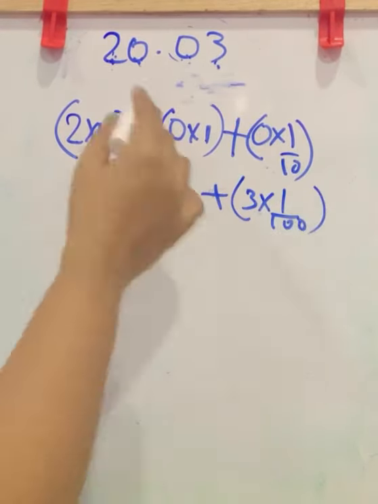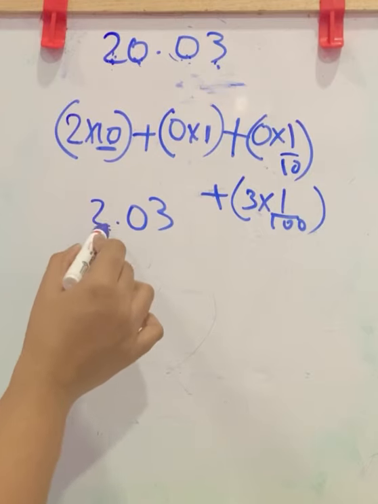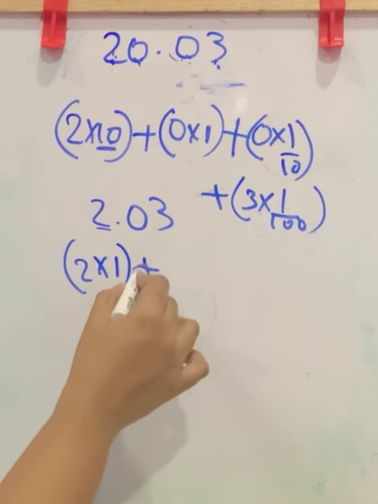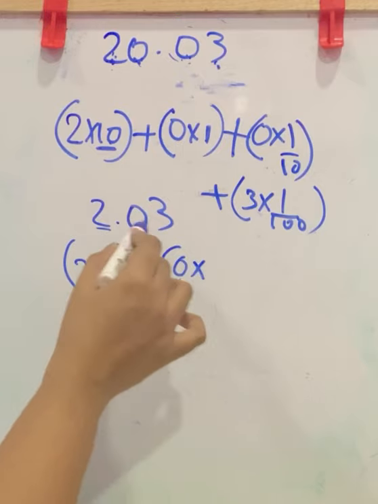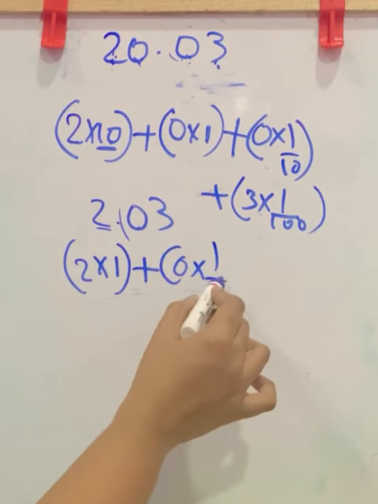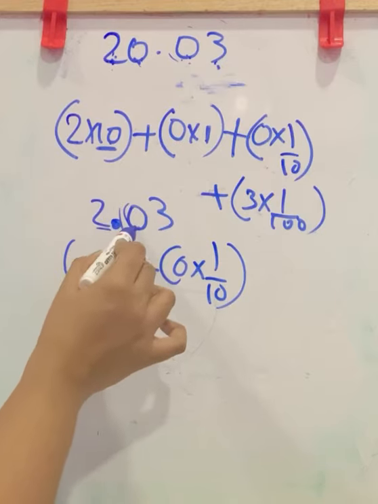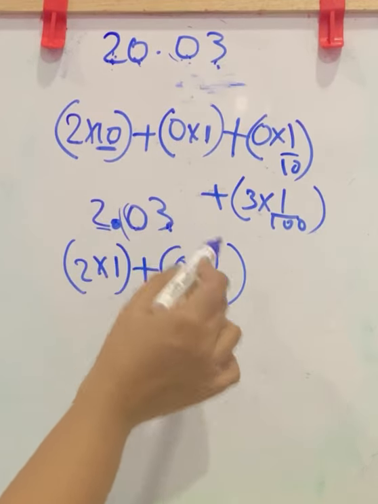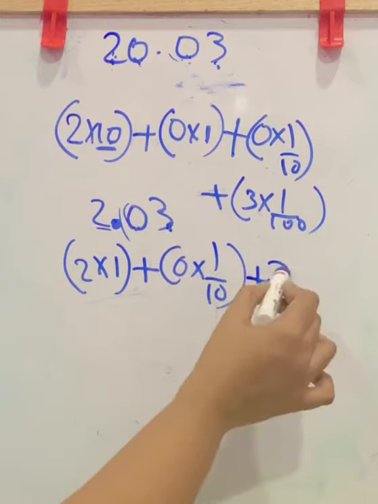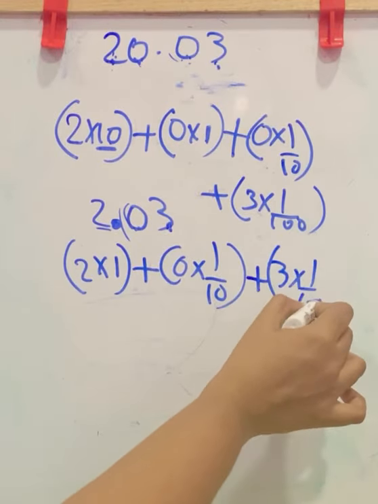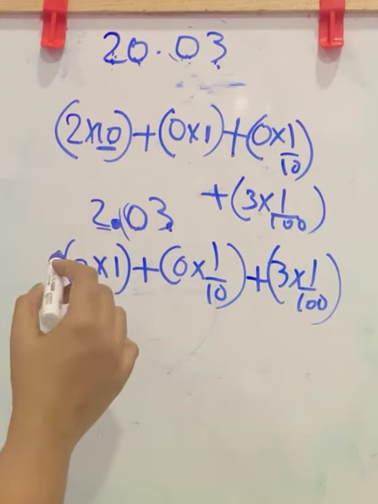Now what about 2.03? This will be 2 into 1. This is units place. Close the bracket. Plus this is 0 into, this position is 1 by 10th. 1 by 10. The number soon after the decimal is 1 by 10. The next number is 1 by 100. So plus 3 into 1 by 100. This is the expansion of this number. Next is